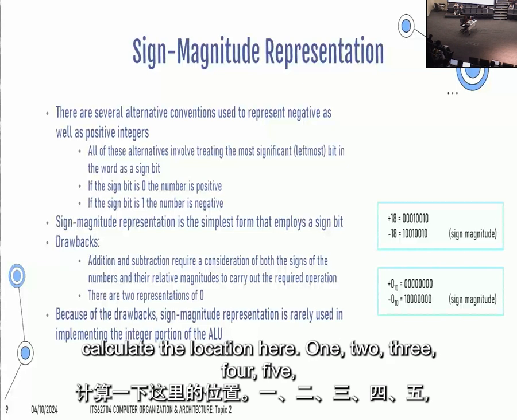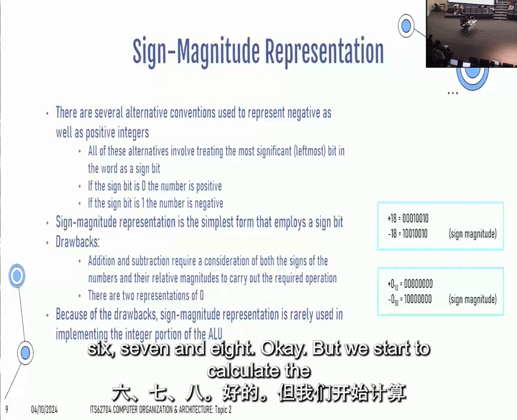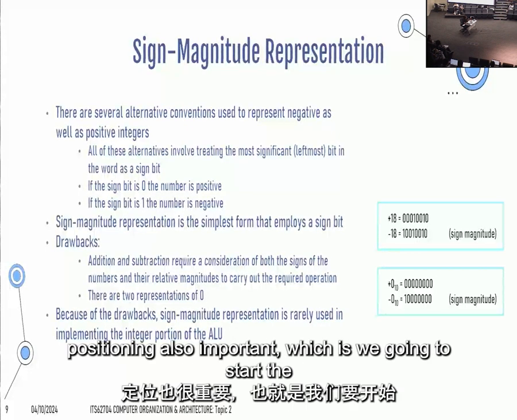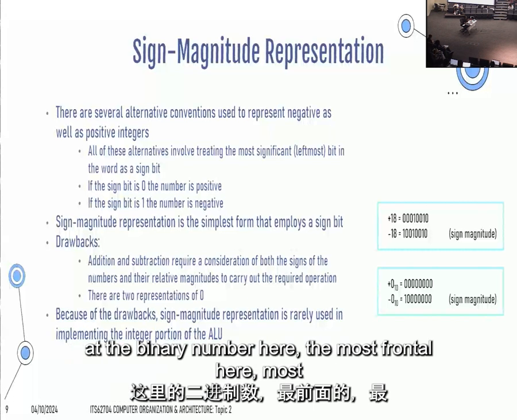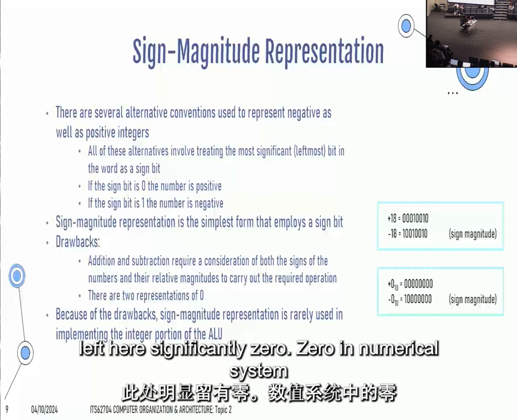You just calculate the location here: 1, 2, 3, 4, 5, 6, 7, and 8. But the positioning is also important, we start to calculate from the most right side, from behind. Then if you look at the binary number here, the most frontal, the most left,